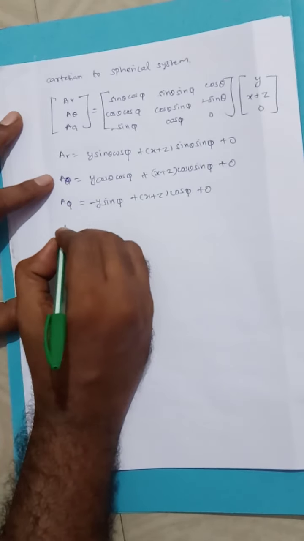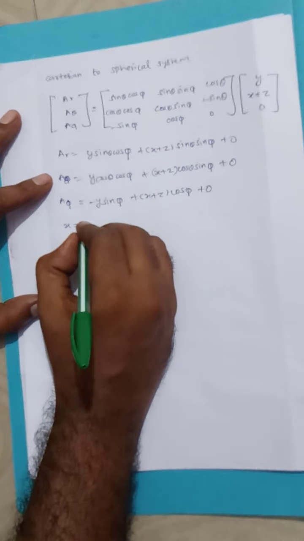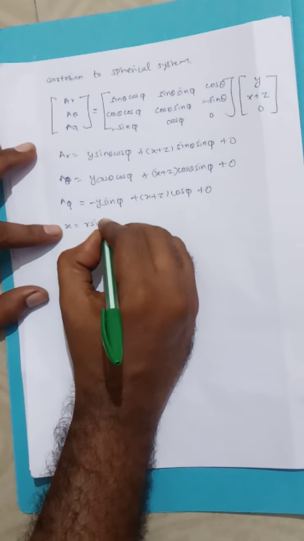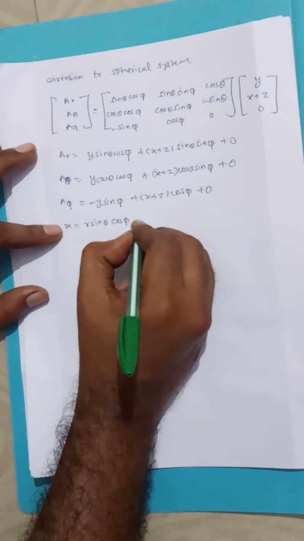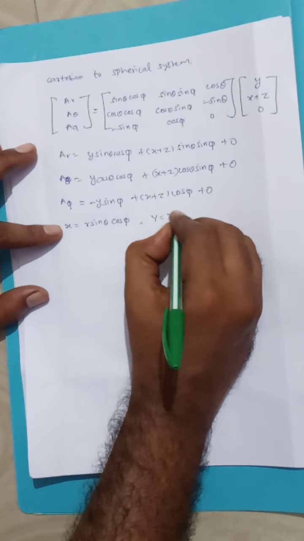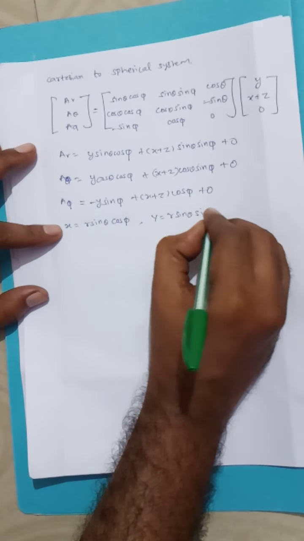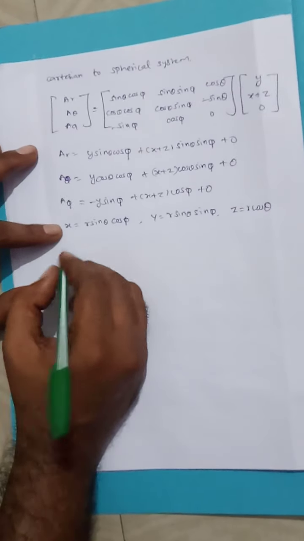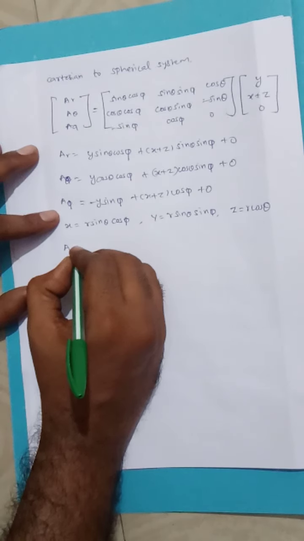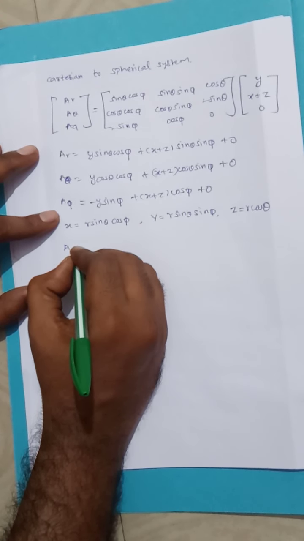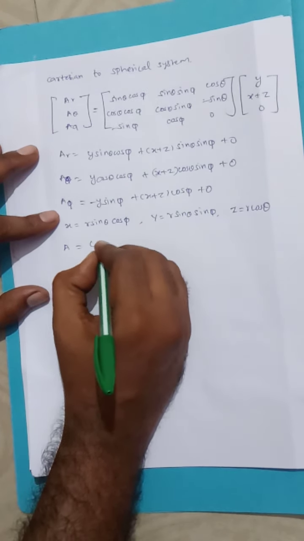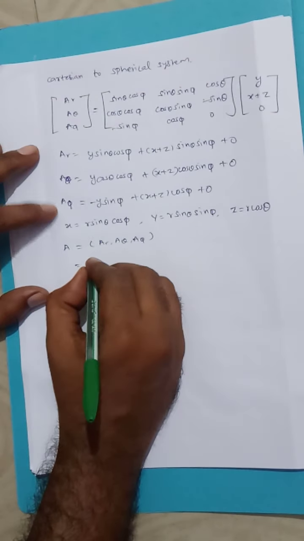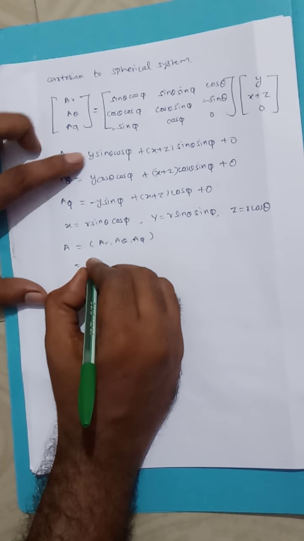So you know the conversion formula we already gave for converting Cartesian to spherical: x equals r sin theta cos phi. Similarly y will be r sin theta sin phi, and z will be r cos theta. So now to get the value of vector A at point P, we need to add all the components ar, a theta and a phi. So we need to substitute the corresponding values.